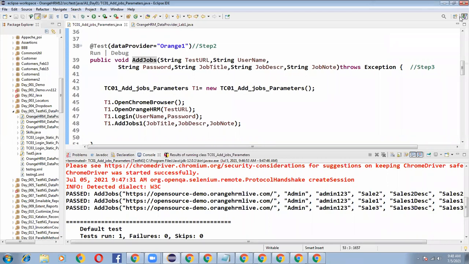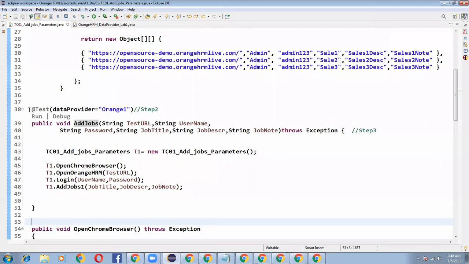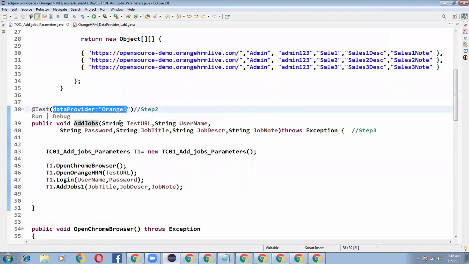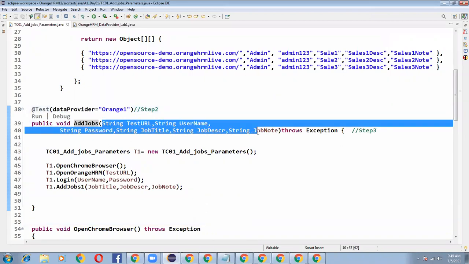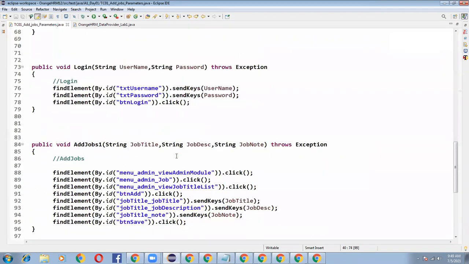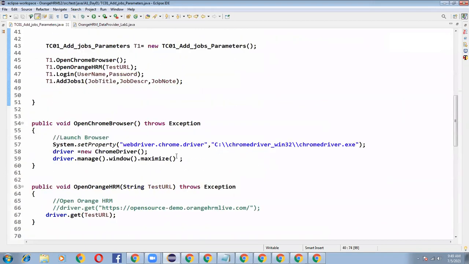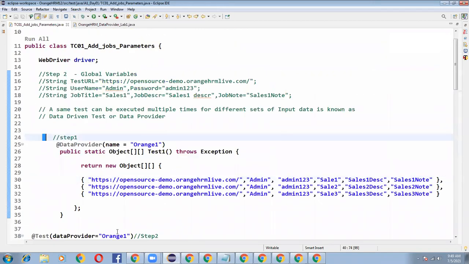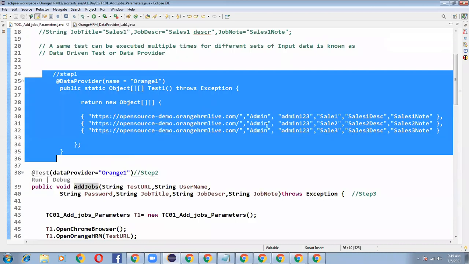So totally, from this program, I haven't changed my main program. Just in the main program, I connected this step and step. So step 2 and step 3 parts only, I have made changes. Remaining, nothing I have changed. I haven't changed any of my methods. Simply I copied my data provider syntax and I have it ready with my input data.